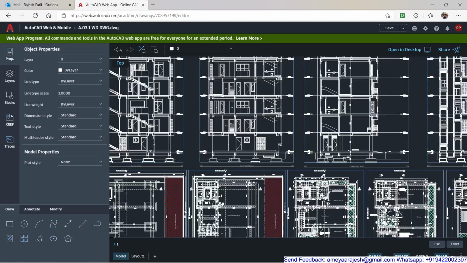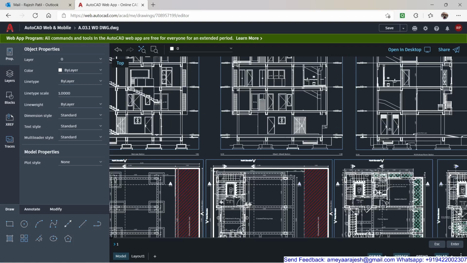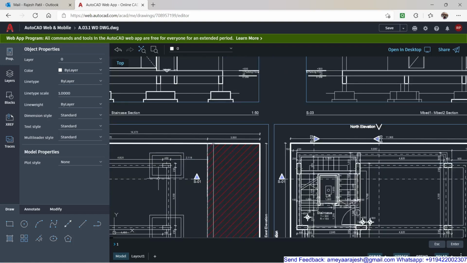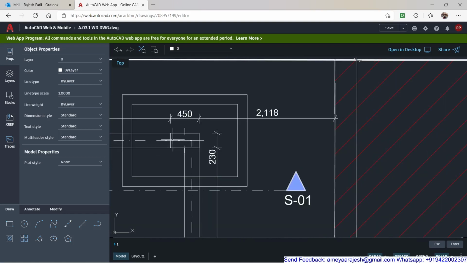So now a very simple thing which you have to do: if you check here, if it is written 450 millimeters, and if I use DI for distance in AutoCAD and measure any of this distance, say for example this 230, it is now becoming 4.6 millimeters. So if I make this 50 times bigger, it will be exactly 230.